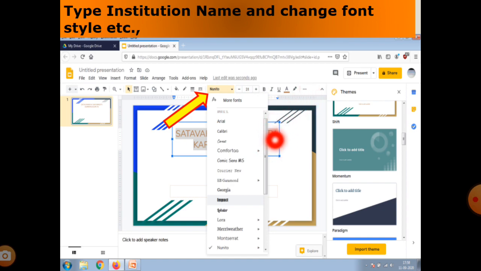For the purpose of the text box, you can change the font style, the font size, underline and colors, and the three dots are there. In the three dots you have paragraph, alignment, and line spacing. These are displayed with the three dots. So I would like to change the font style, and you can change to any font style. If you want to increase the font size, you have to increase the font size also. This is the font style. These are all enabled if you click the text box.